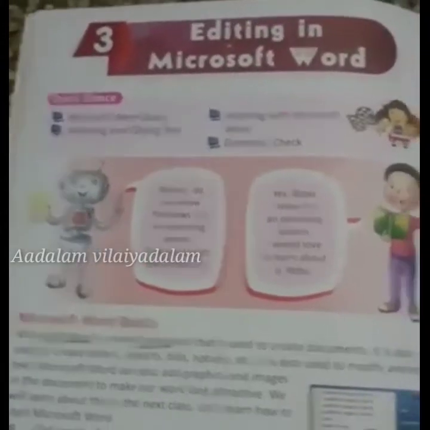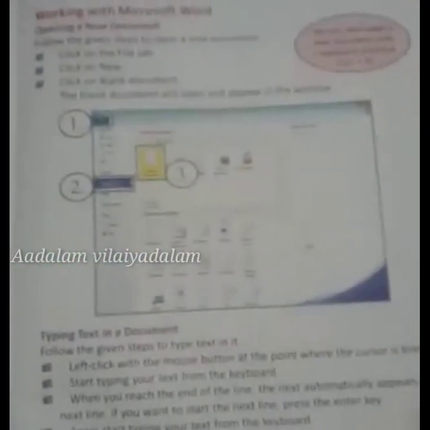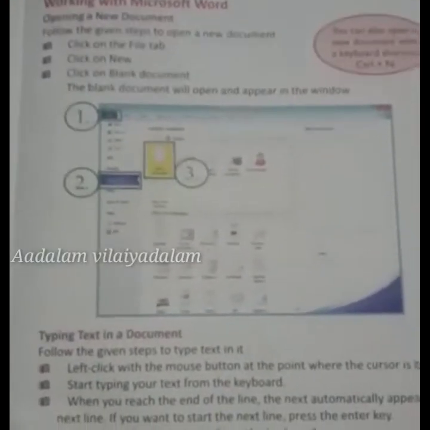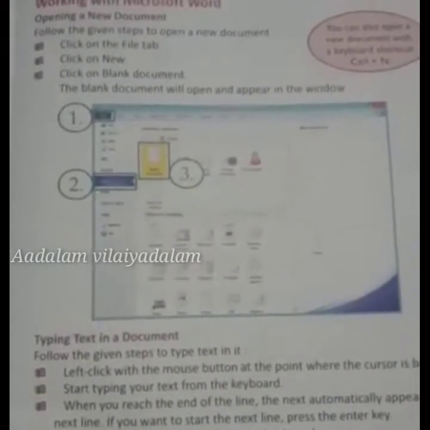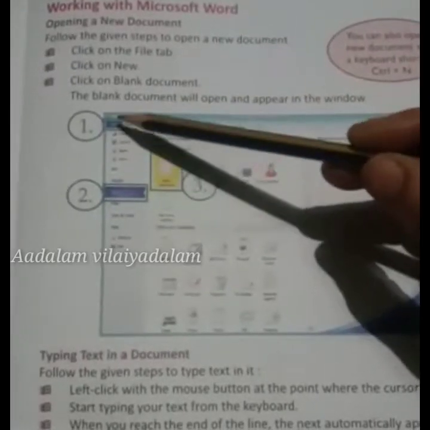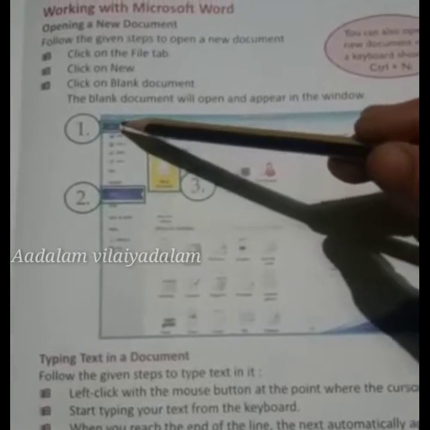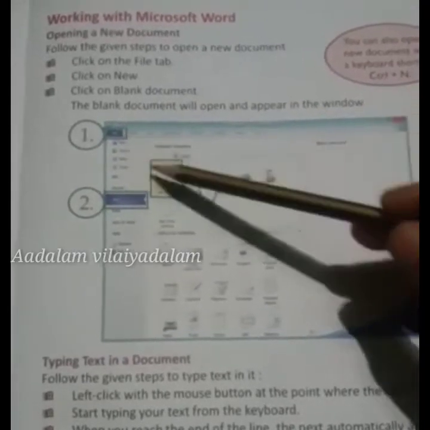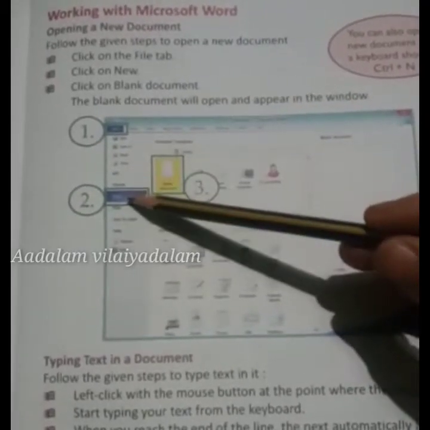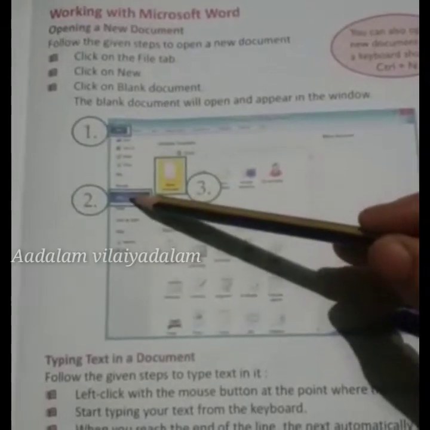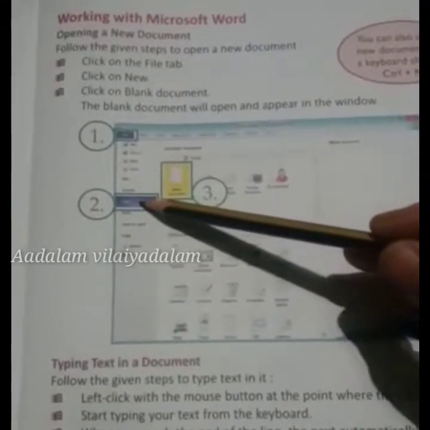After that we can open a new document in Microsoft Word. From the appeared screen, click the File tab. In the top left corner, the File tab option is available. Click on the File tab. The options in the File tab will be displayed. From the left pane, click the New button.